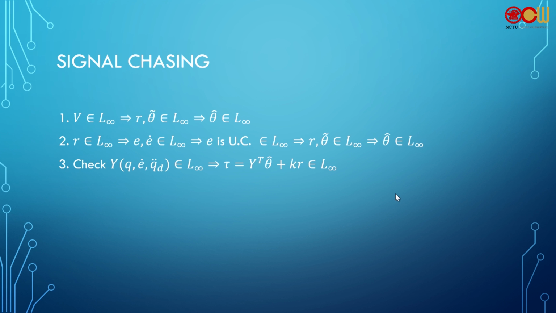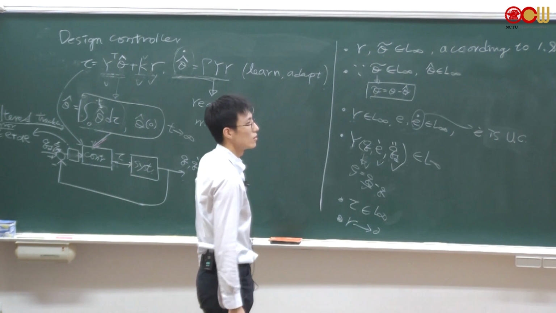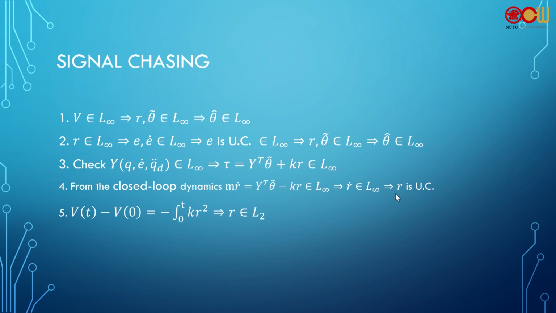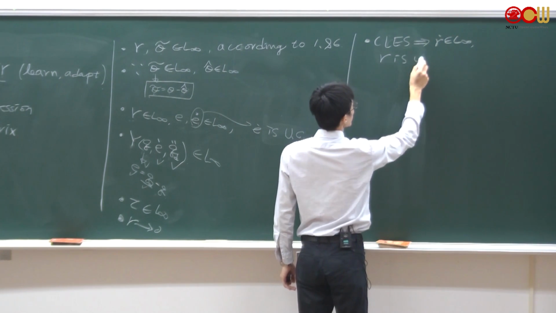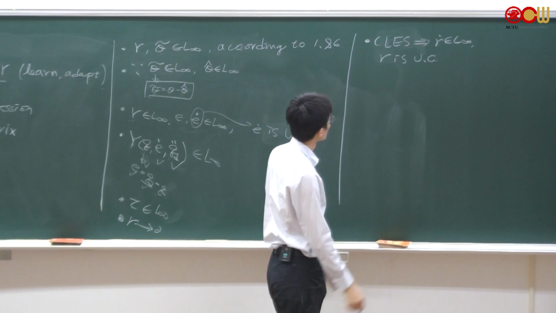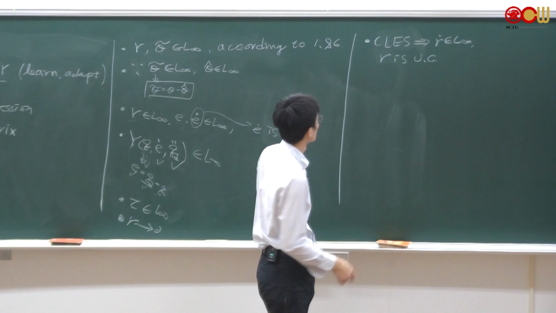And next, we haven't done yet. We want to show that R will be 0 as t goes to infinity. So we want to use Barbalat's lemma. Using this closed loop dynamics, and because every signal here is bounded and M is a constant, R dot has to be bounded. For R dot to be bounded, R is uniformly continuous. That's important to show in order to use Barbalat's lemma. So next step,